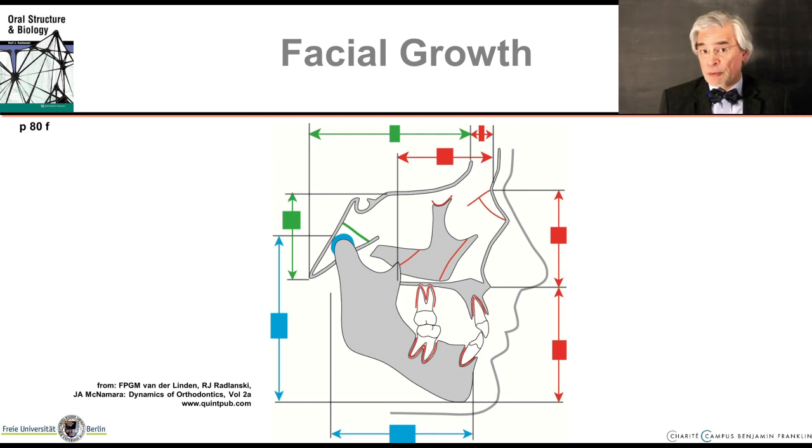And this is especially impressive during puberty. Then we observe almost an explosive growth of the cartilage. The articular cartilage is shown here in blue, and the cartilage of the nose, the inner nose with its septum, and also the outer nose, which is also cartilaginous, is not included in this diagram. But this cartilage also grows particularly strong during puberty, and that is why the faces of these growing children also look somewhat